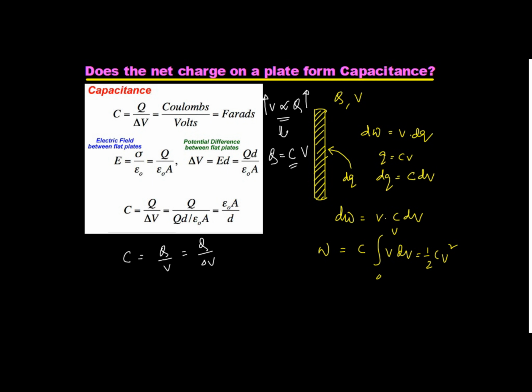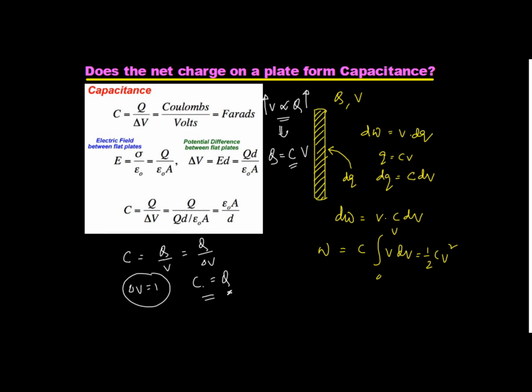If we make delta V equal to 1, then C becomes equal to Q. Try to understand, then we'll write that capacitance is the amount of charge needed to make a difference of 1 volt of potential in an arrangement. I repeat once again, capacitance is the amount of charge needed to create a potential difference of 1 volt in an arrangement, right?